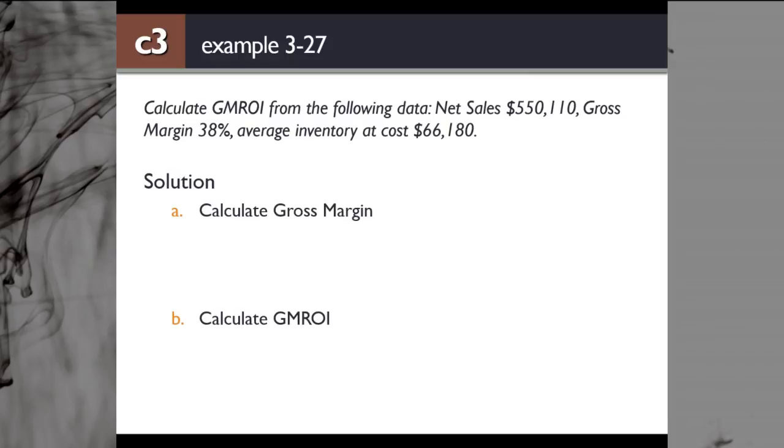So it's a little bit different. You don't have the cost of goods sold, but you have the percentage, right? So you can calculate the gross margin dollar if you know the gross margin percentage and net sales. You also learned this in the first part of this chapter, and you can calculate your gross margin dollar based on net sales and gross margin percent. So it will be